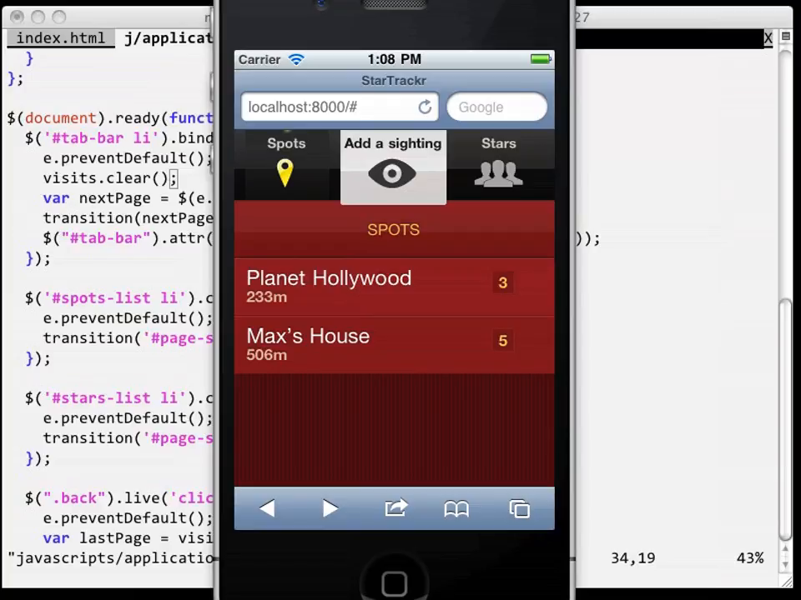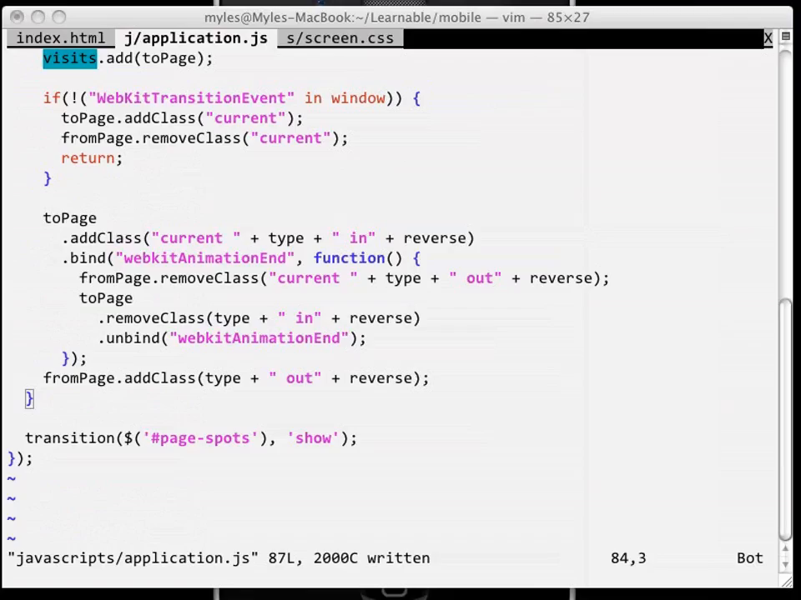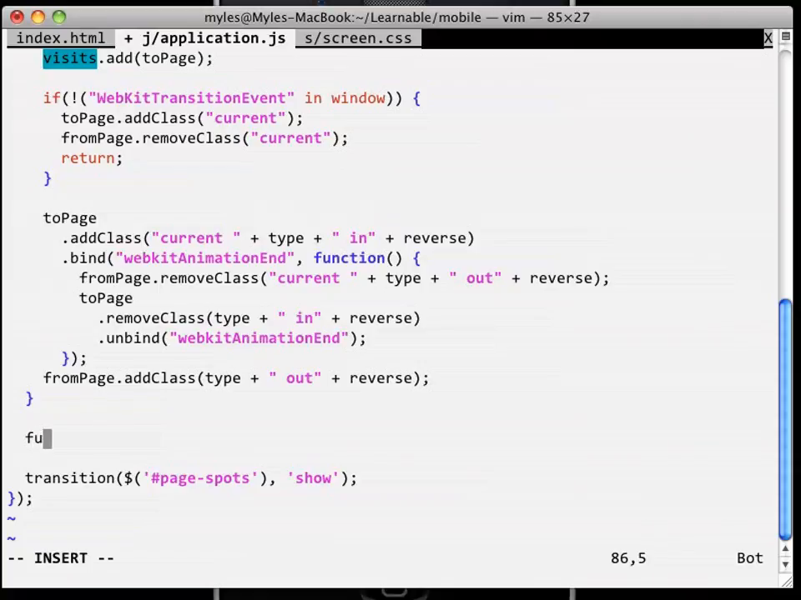We first need to modify the browser's built-in history state. HTML5 has a new feature called the History API, which lets you programmatically add pages into the browser history. We're going to add a new method called changePage, which we'll call our transition method. This new method will manage the browser history stack for us. We're going to use the